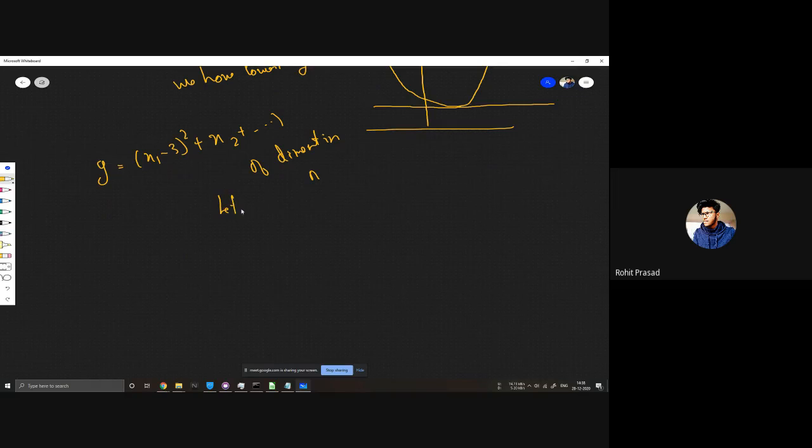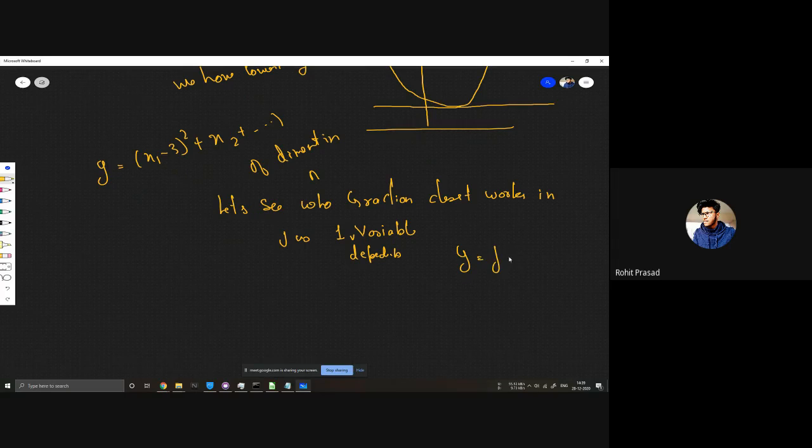Let's see how gradient descent works in just one variable, one dependent variable. So y is equal to f of x.